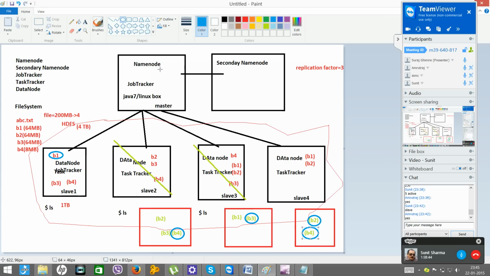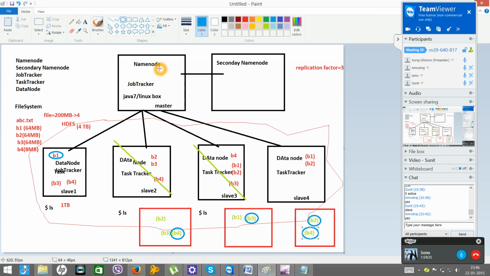So it is the name node who takes your data, splits that file into blocks, and decides which block will reside where. And once you start storing that data, he's the person who also maintains the register, saying that abc.txt is divided into b1, b2, b3, b4. b1 is stored here, here, and somewhere here. b2 is stored in 3 different places, b4 is stored in some 4 different places. So did you understand the responsibility of the name node?